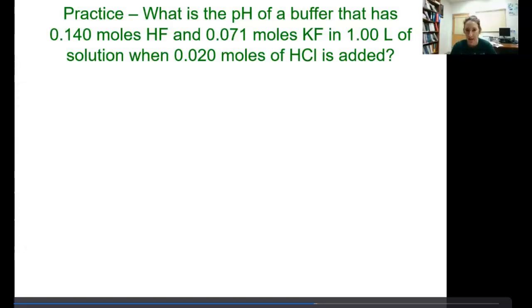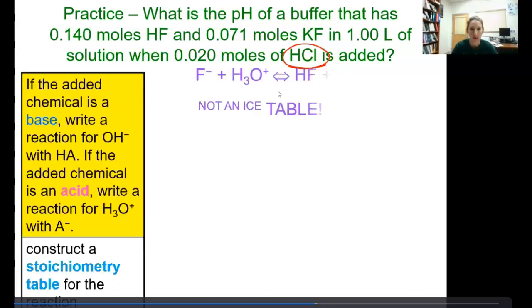So this time we're adding HCl. So we're adding an acid, right? So we need to write a different equation when we write our moles table. And again, you see this? Not a nice table. So if the added chemical is a base,